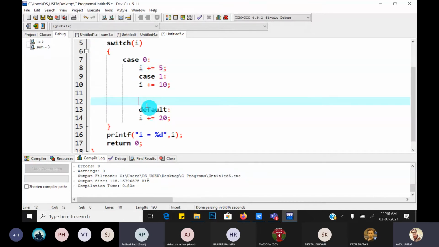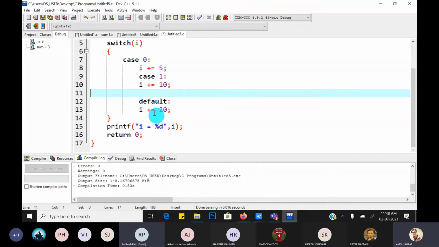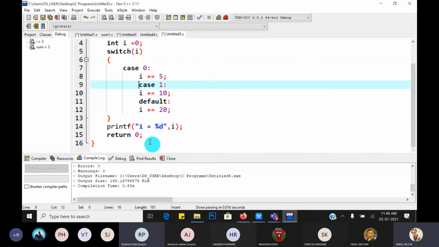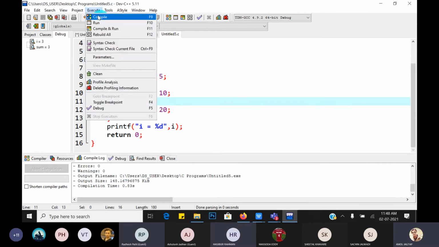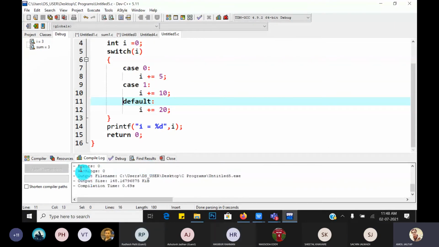It will add. So what is the output? I becomes what? 35. Error? One minute, compile. Is there any error? No error, no warning.